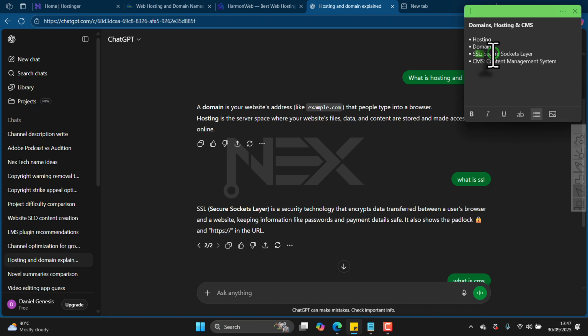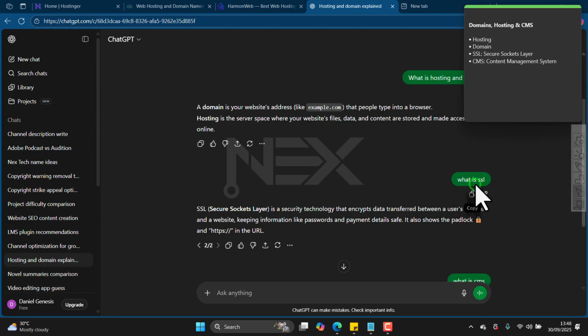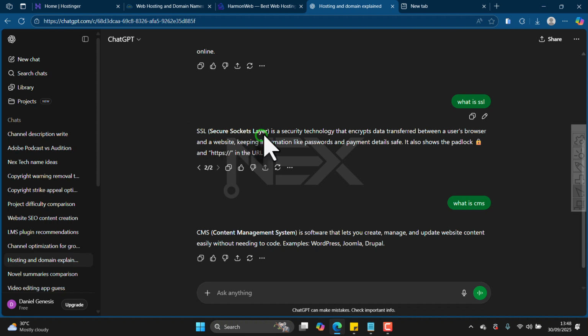SSL, which means secure socket layer. I'm checking it from my sticky note here. So what is SSL? SSL is a security technology that encrypts data transferred between a user's browser and a website, keeping information like passwords and payment details safe. So SSL is just like the security on your website,